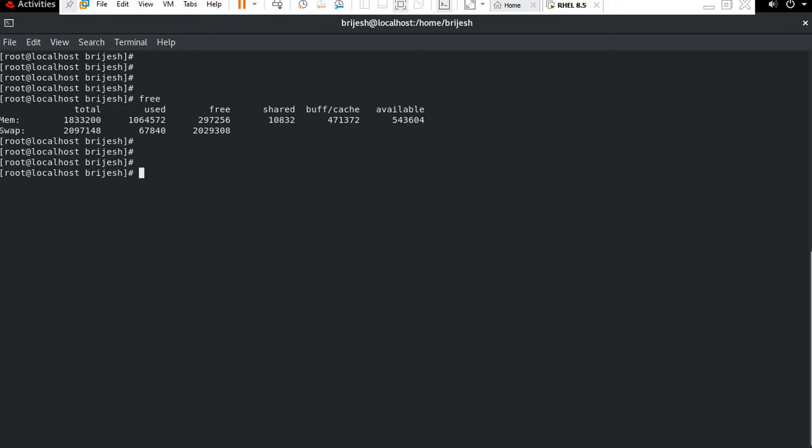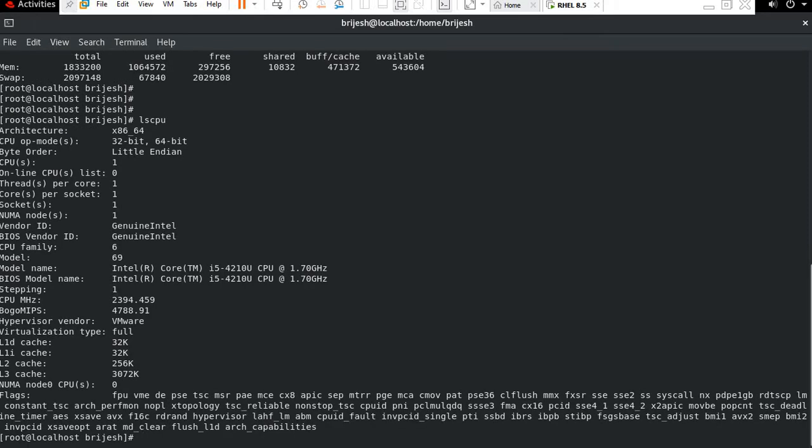Now guys, we have another command. How can we check CPU information? To check the CPU information, we have one command, lscpu. Then press enter. You can see all the information about your system's CPU.